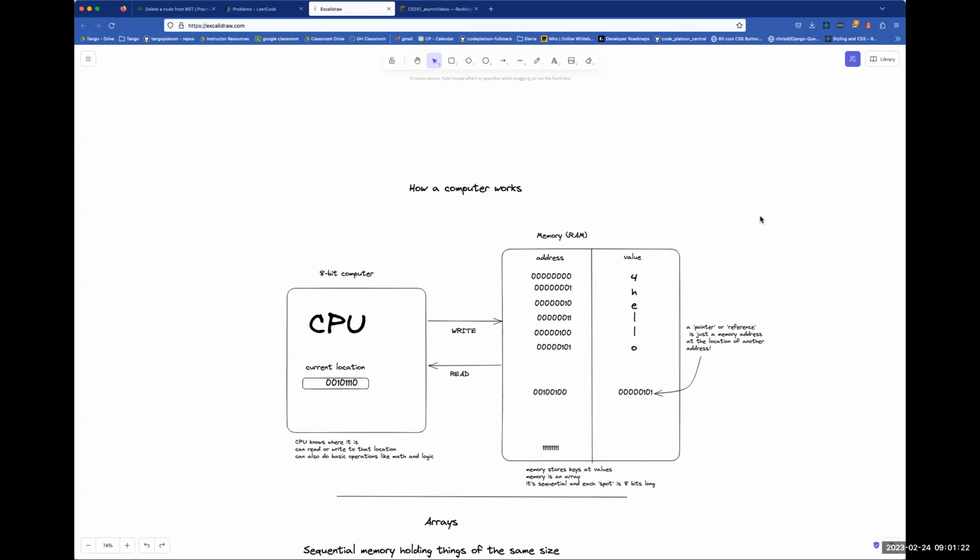All right, so we're going to do a little review of data structures, then we'll implement a linked list and a binary search tree as a review. Okay, so data structures are important because they're a way for us to organize our data